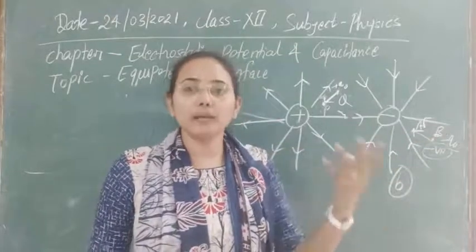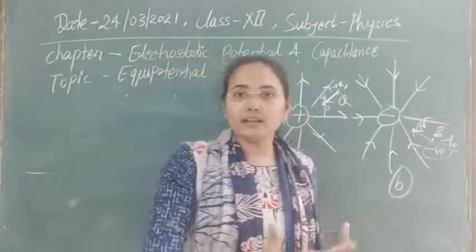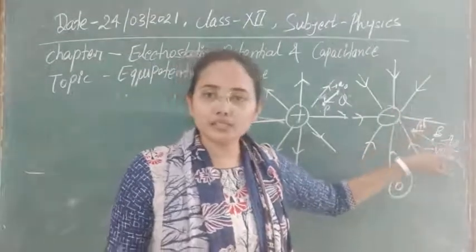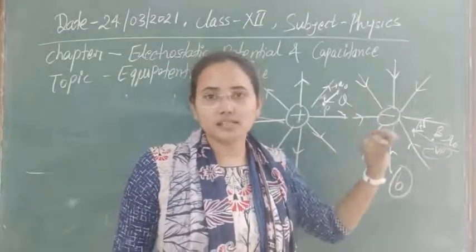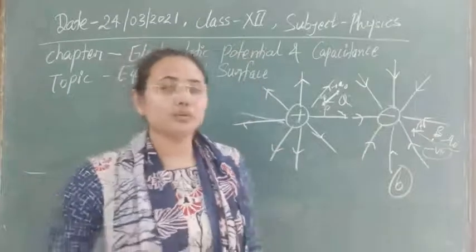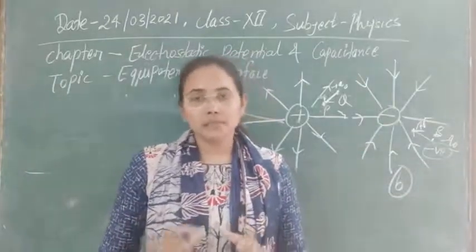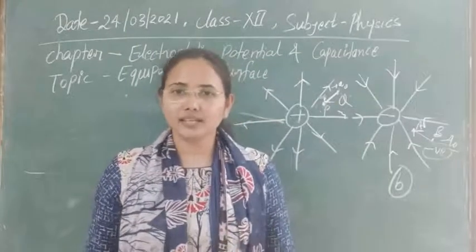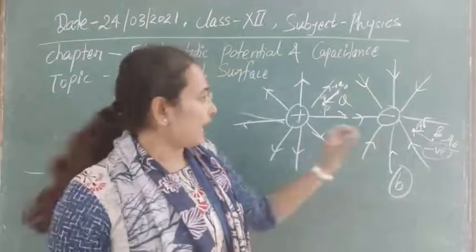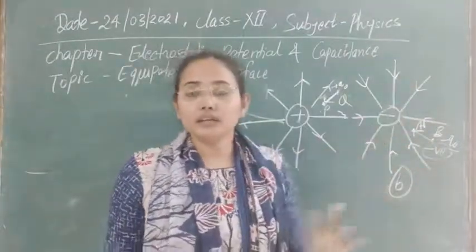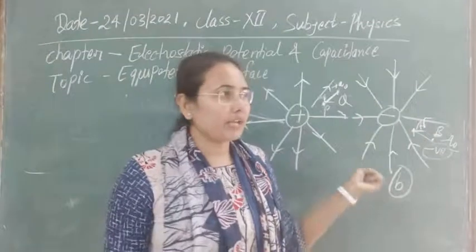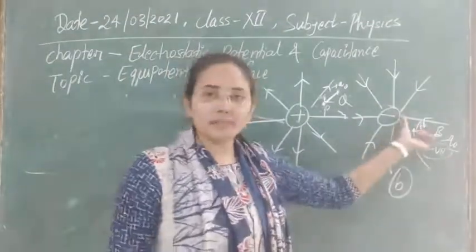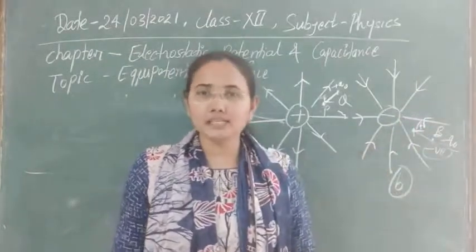That's why it will not be able to move with the greater velocity it had before. Its velocity will retard due to the repulsion of the charges. In other words, as you know the law of conservation of energy, the particle has electric energy, or we say electrostatic potential energy. That potential energy is converting into kinetic energy. Whenever that potential energy is used to overcome this force, its kinetic energy will decrease here.